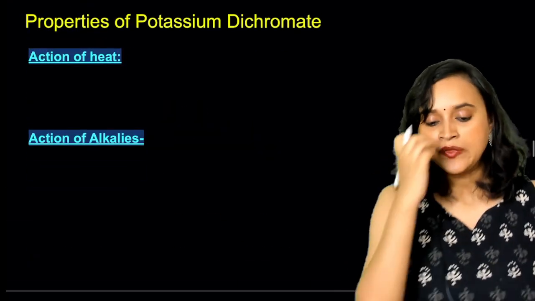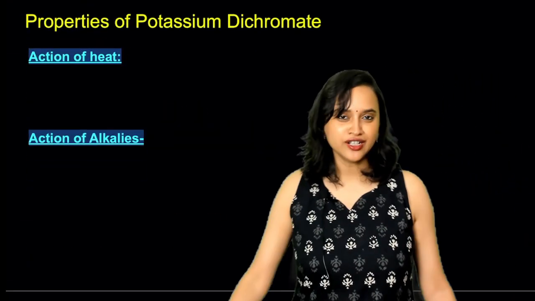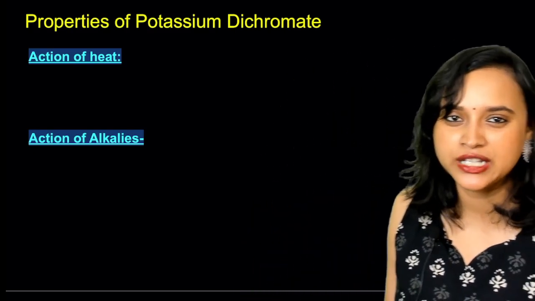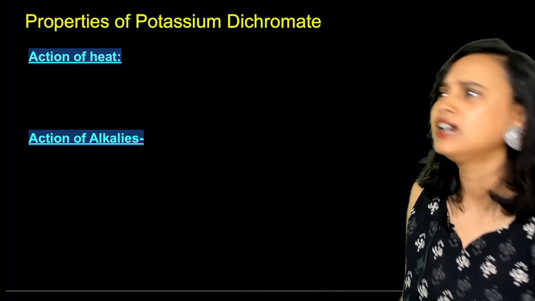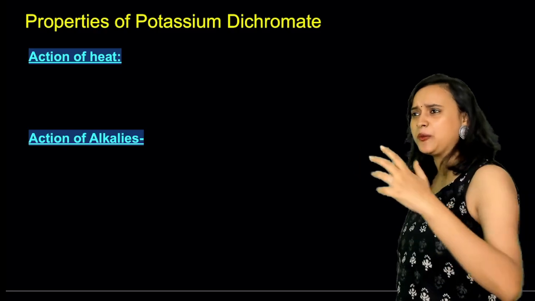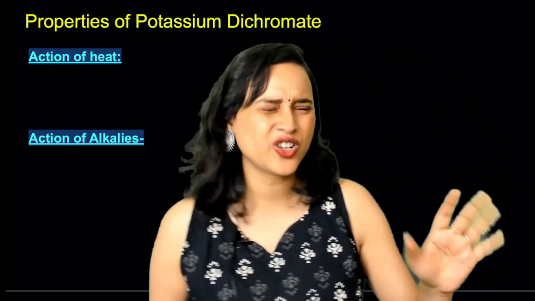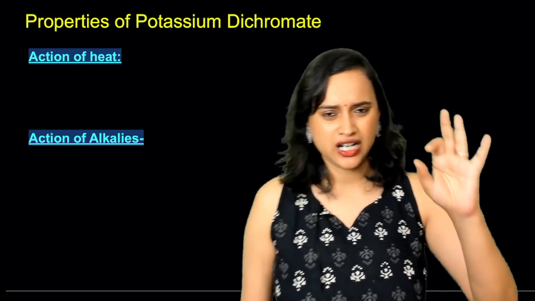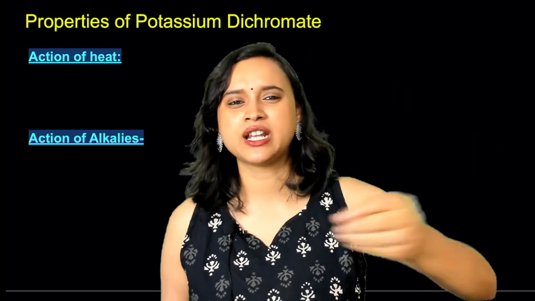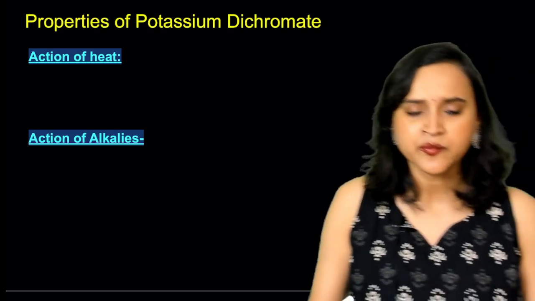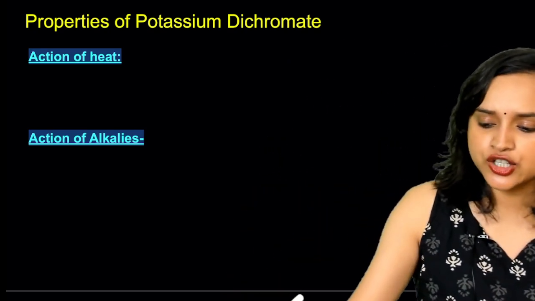Okay, done. Now what we are going to learn is the properties of potassium dichromate. So let's do that, everybody. Some properties of potassium dichromate. See, there are properties like color and the melting point, and whether they are soluble or not soluble. These you can all study. I don't think I have to take up some time to even explain the color and the properties. You all know why color happens. d-d transition, correct? Okay. So directly we will come to action of heat.